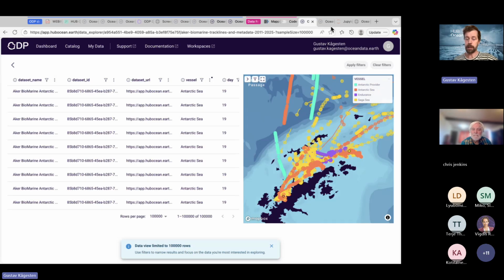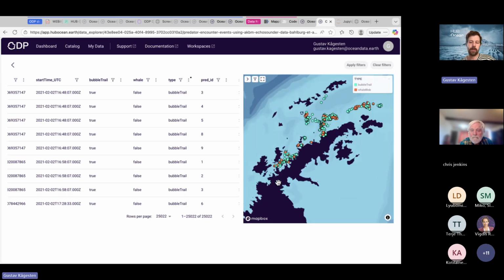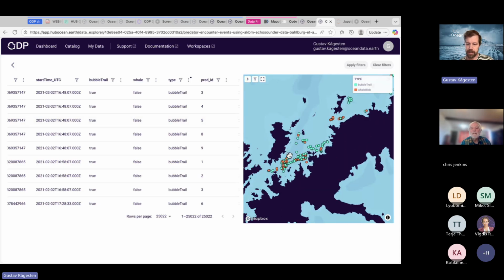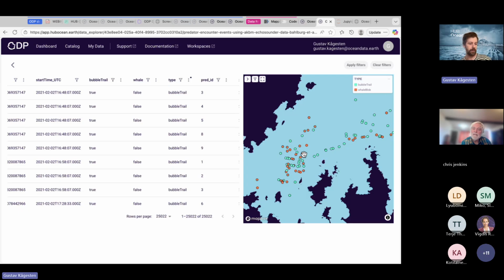And the scientists picked that up and they actually did something pretty cool. They were able to extract, even if this was uncalibrated data, penguin, whale and fur seal signatures in that data. They published it, and then I brought that data back to the platform, and here you can actually go in and see those detections again, the result.